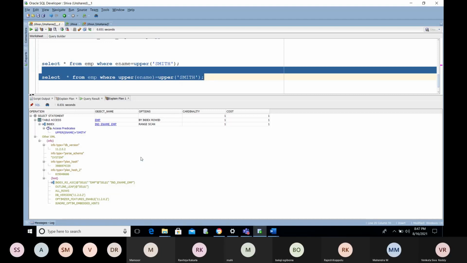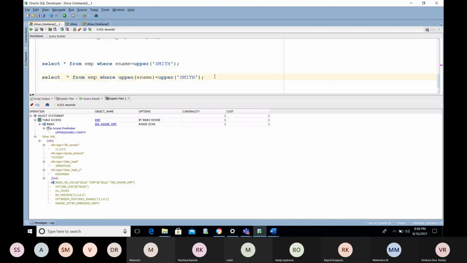Got it? Yes. So you may get this type of requirement. Sometimes I want to retrieve the data. So you have an ename column, name column, and I want to filter the data based on 3 letters of the name. If you want to filter like that, in that case, you will use the substr of 1, 3. It will fetch only the first 3 letters, and you can pass the first 3 letters into that. Got it? In that case, it will help you to get the data. Got it? Function based index will help you in that.